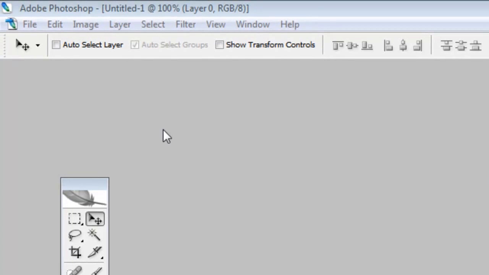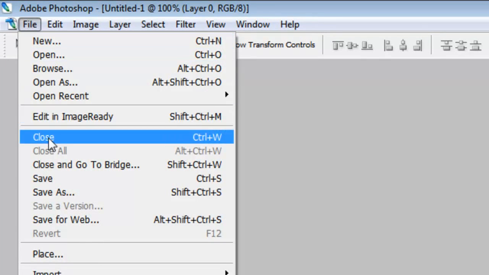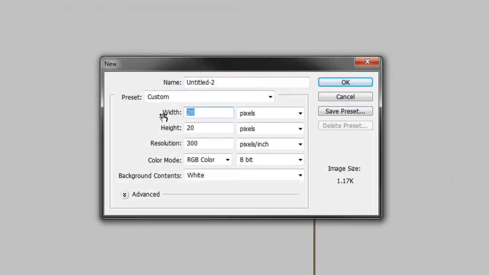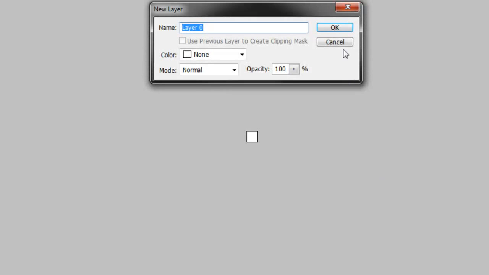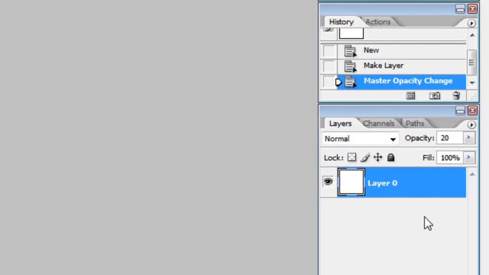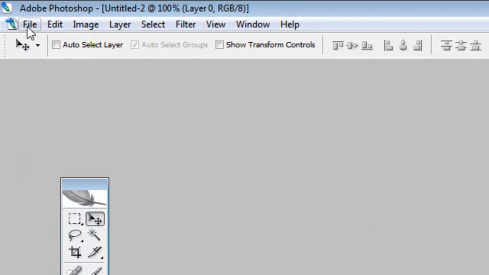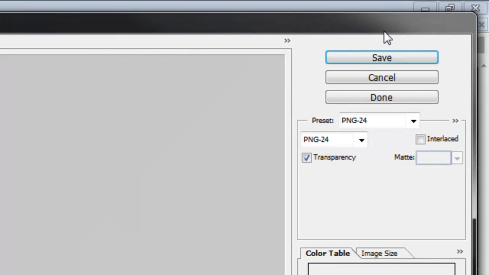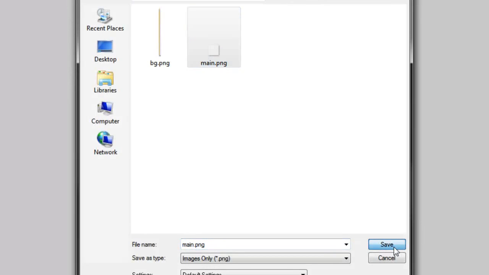Alright, so the next image that we're going to create is our container background. So we're going to come in here, go to new, and create an image that's 20 by 20 pixels. I'm going to open that. Again, layer from background. And now all we're going to do is leave it white and change the opacity over here to 20. Okay, so now this image has an opacity of 20. You can see it kind of went light. And that's all that we're going to do to it. So we're going to take this, save for web, save it as main.png,